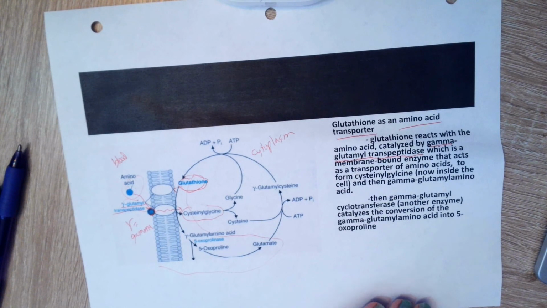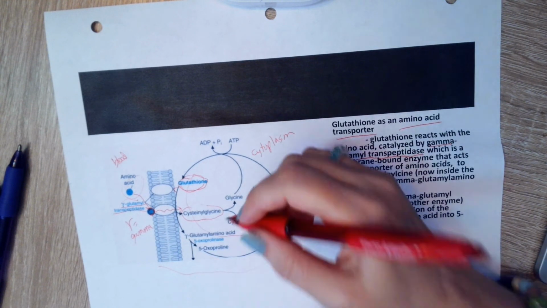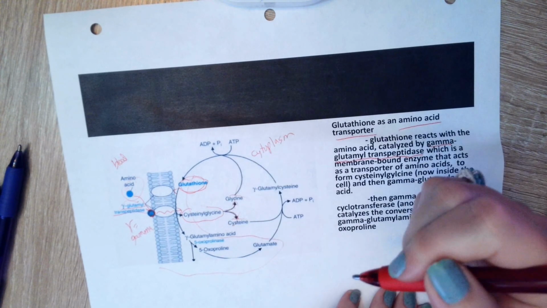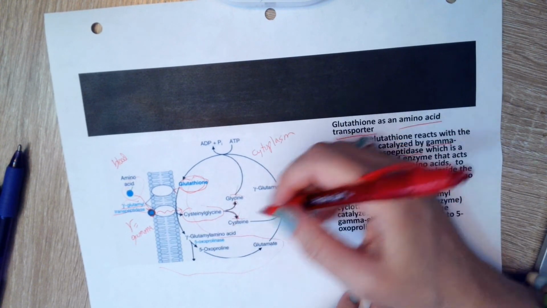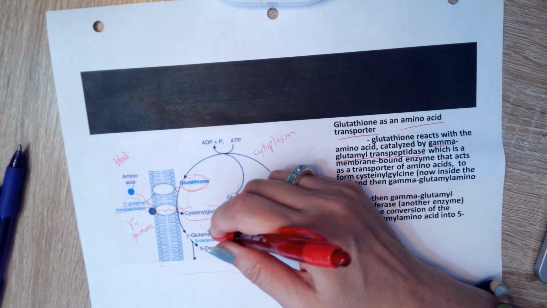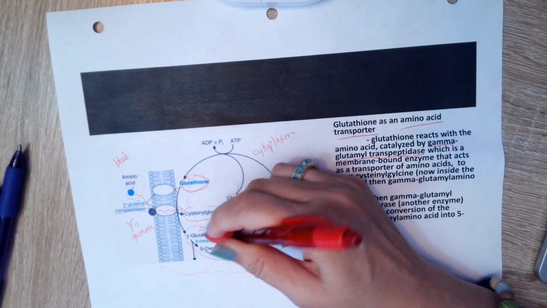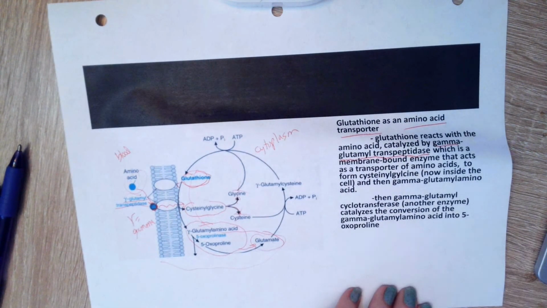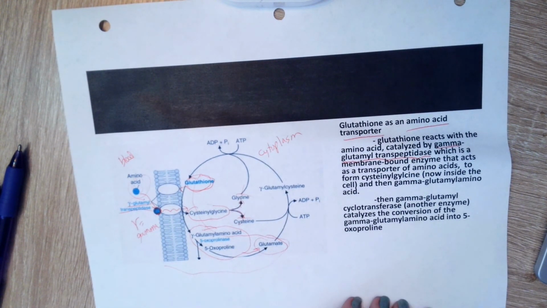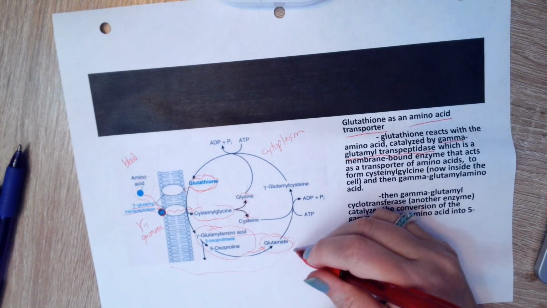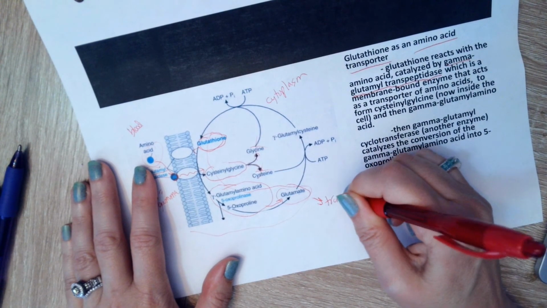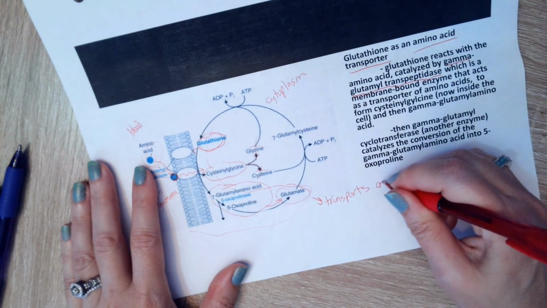Once you've moved that amino acid inside, it forms something called cysteinylglycine. This is a specific kind of amino acid, and it's inside the cell. You can see that we can break it down into cysteine and glycine. We're not going to think about that part of it. What we're thinking about more is how it is then converted into these intermediary products, and we form glutamate. We've seen glutamate before. Glutamate was important as an amino acid transporter across the mitochondria in the malate aspartate shuttle. So we'll just write: transports amino acids